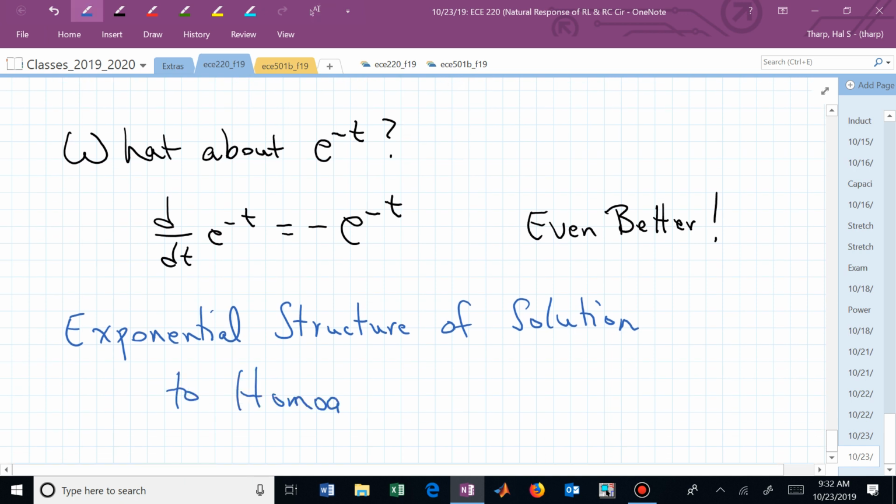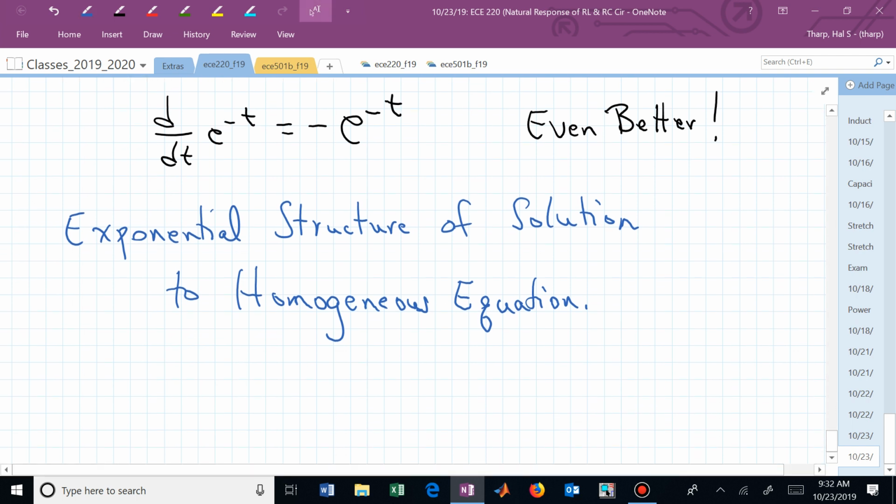Exponential structure of the solution to this homogeneous equation. Homogeneous means it's the same. We have an I on the left, we have an I on the right of that differential equation. We don't have any other structure of a function present. We just have I sub L. So we're expecting that I sub L to have an exponential structure. So now let's get back to the solution